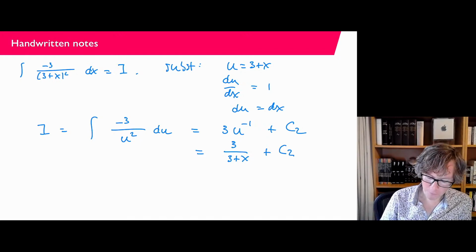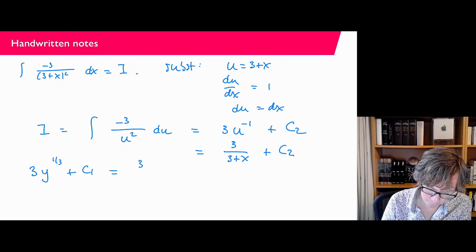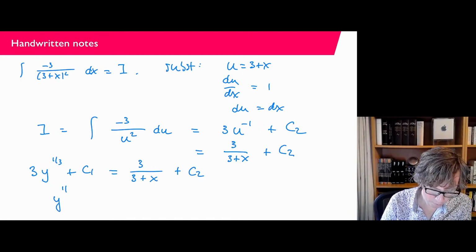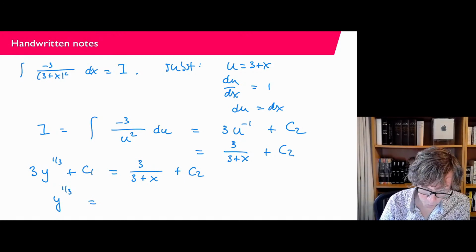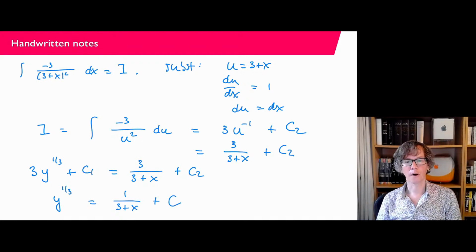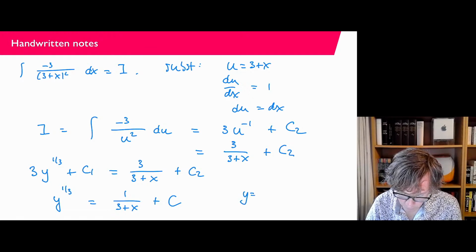Okay. Now on the first page we had 3y to the power 1/3 plus c1, and that apparently equals 3 over 3 plus x plus c2. So I can rewrite that a little bit, and I can say that apparently y to the power 1/3 equals, dividing by 3 and moving the c1 to the other side, 1 over 3 plus x, because I've divided by 3, plus a new constant c. I could express this in terms of c1, c2, but why would I do that? Because it's an arbitrary constant, I'm not interested yet in that value. So y itself is the whole expression